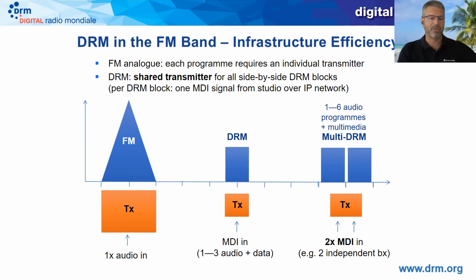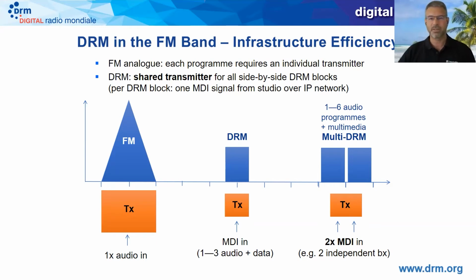Let's have a look at this example. You have one high power transmitter for an analog station. One transmitter, one FM program, that's the norm today. You have a low power transmitter for the same coverage with a single DRM transmission. Keep in mind, carrying up to 3 services plus multimedia. But then the new mode